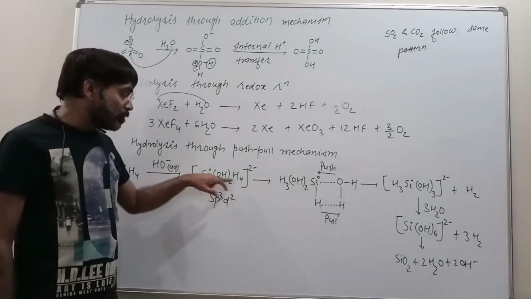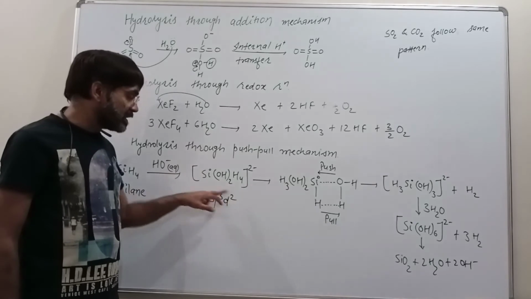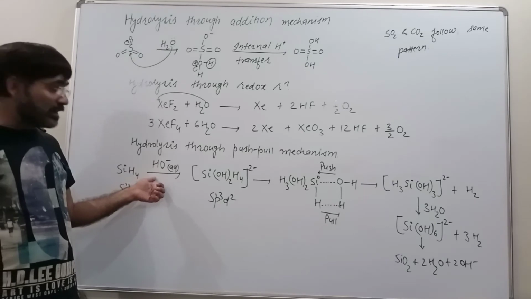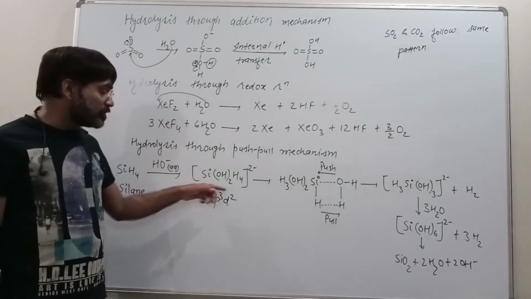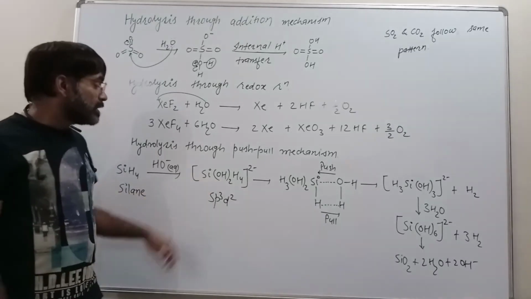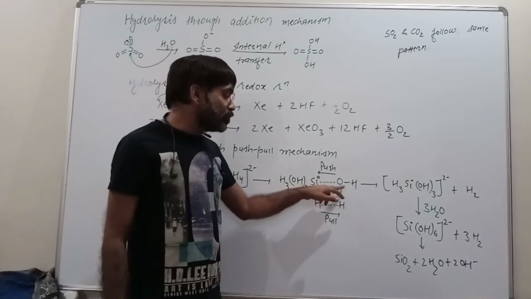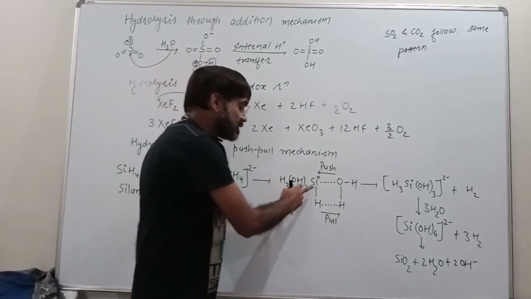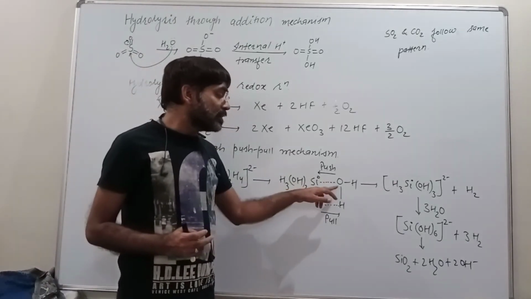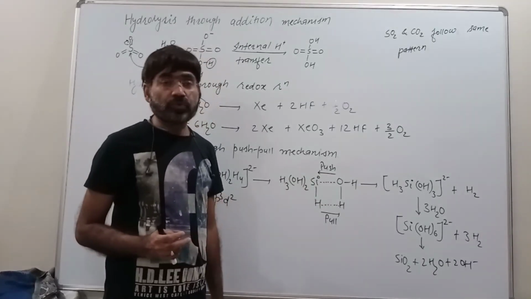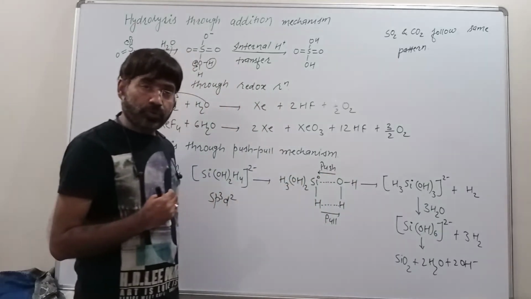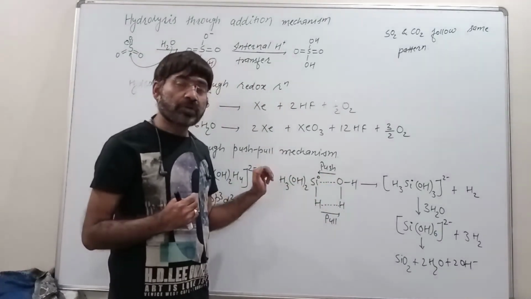So in this complex species, the hybridization of silicon is sp3d2. So this reaction is catalyzed by dilute alkali, which is initially forming a complex with SiH4. Now over this complex, water attacks in the form of a nucleophile. But silicon was bonded to 6 atoms and groups already, so silicon does not have more space to accommodate that molecule of water. So the water molecule is pushing the silicon to create some space for water.